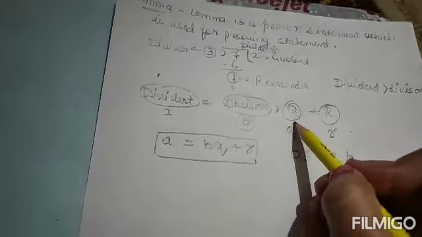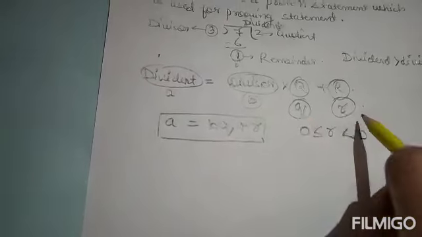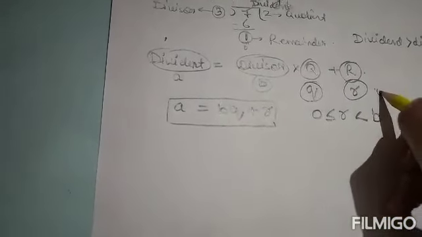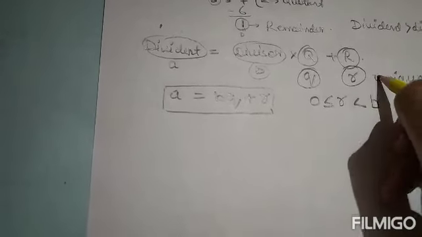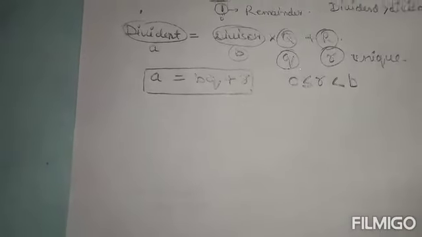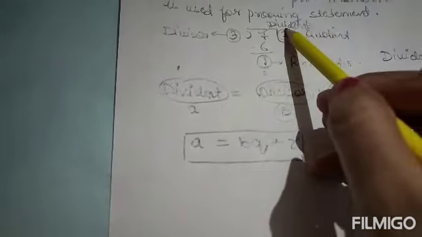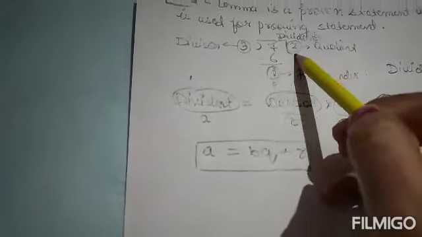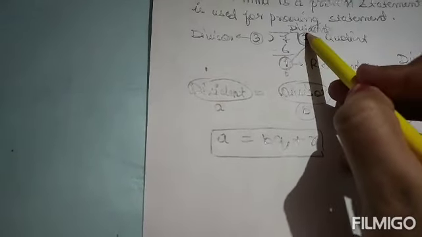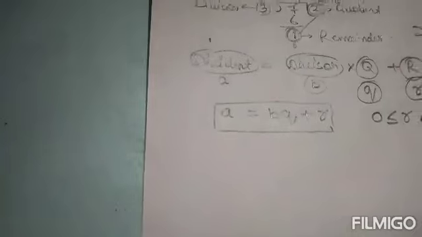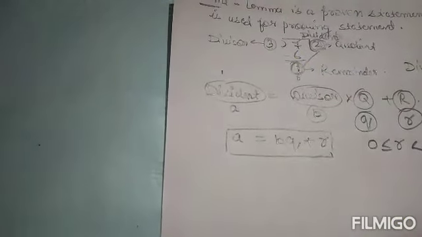And in this q and r, whichever quotient and remainder there are, they will always be unique. Unique means for every division there will be only one such solution that will not repeat in any other. For example, if you talk about this division, look here, 3 times 2, the quotient is 2 and the remainder is 1, there cannot be any other quotient to divide this solution. It will always be unique. It will come 3, it will come 2, and the remainder will be 1 if we divide 7 by 3.